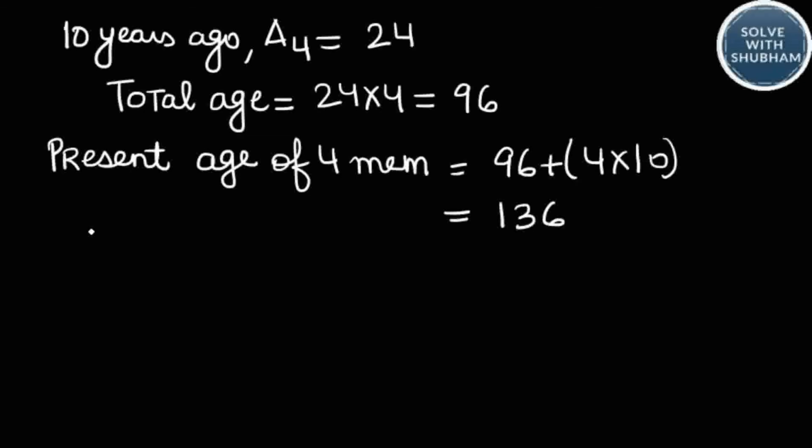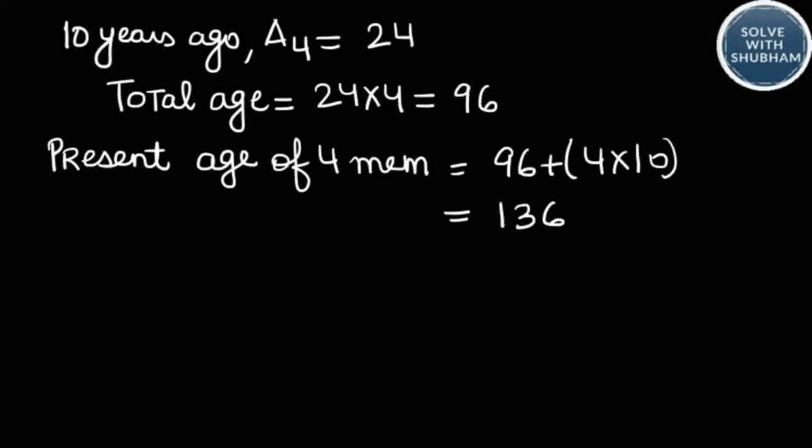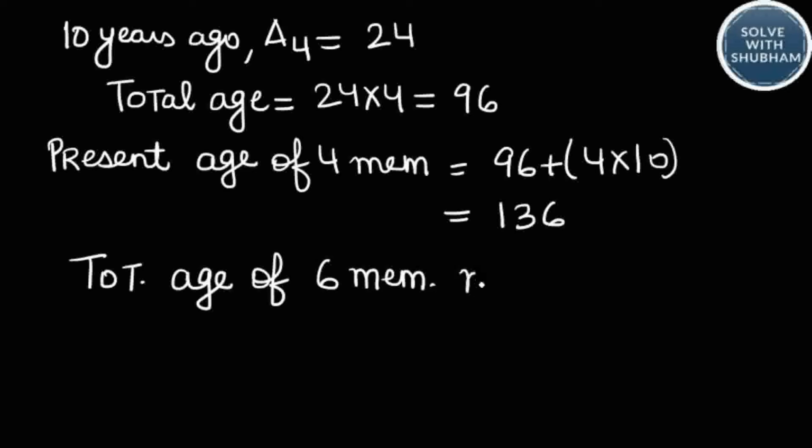136. Now, the question says 2 children have been born. It means now the number of members is 6, but the average remains the same. So, the total age of 6 members now, average remains same, so 24